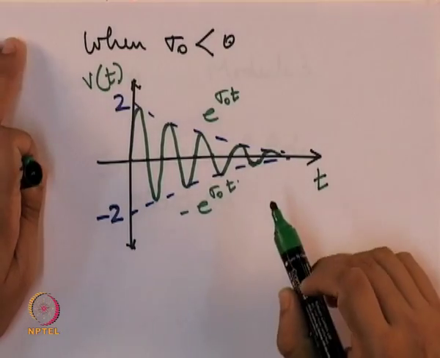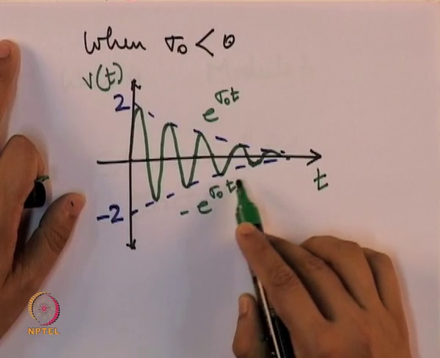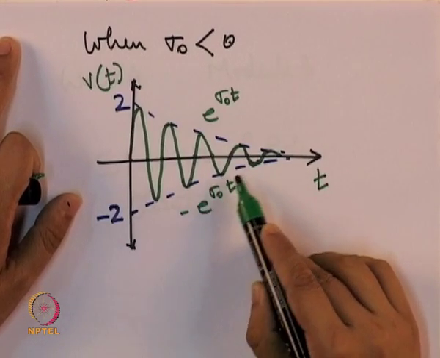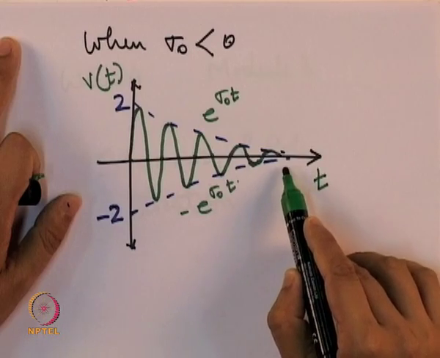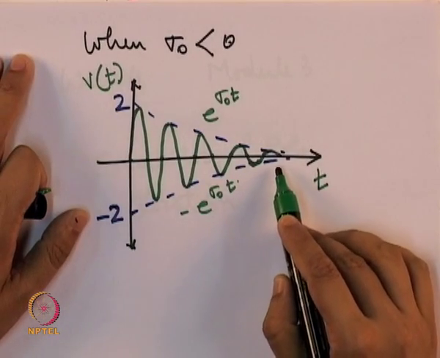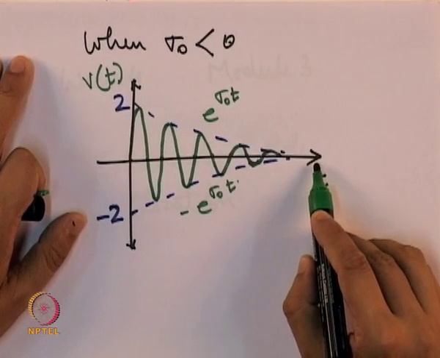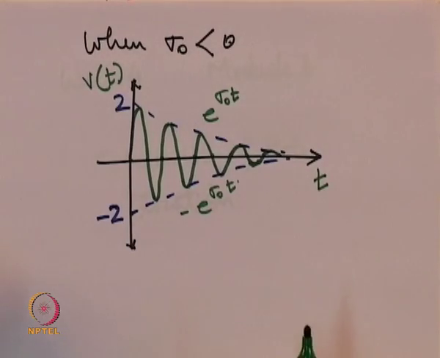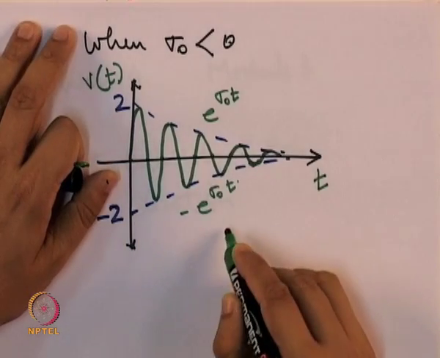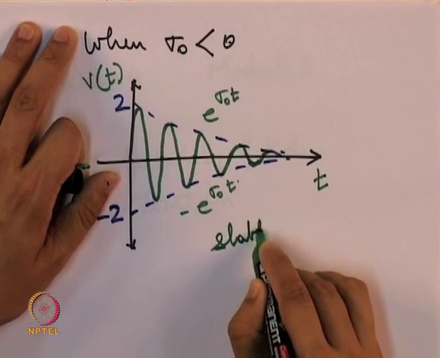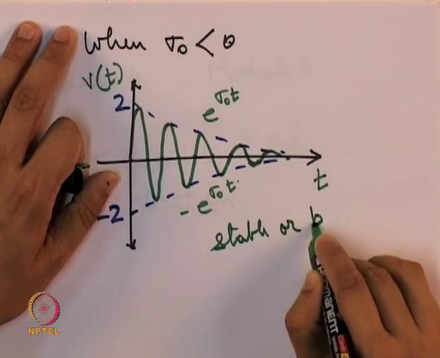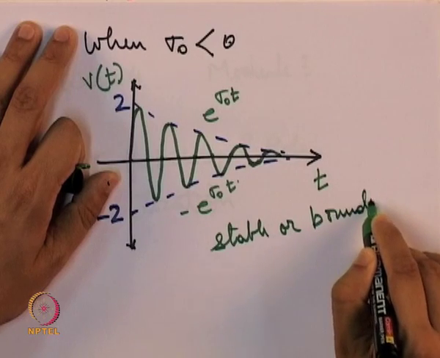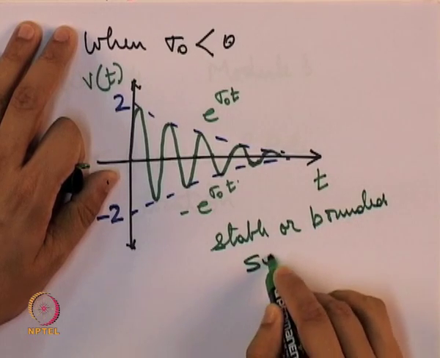So, what we observe here is that as time increases, the output will decay or go down, and for some very large time interval the output will be negligible. So, this is the characteristic of a stable or bounded